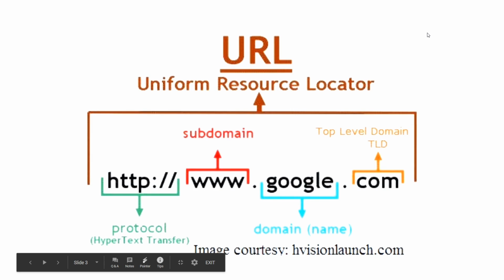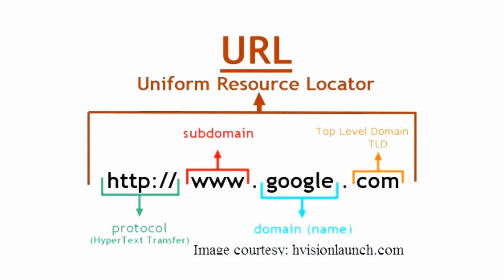So the next term that I used was URL. URL stands for Uniform Resource Locator. As you can see, there's an example given here, which is the address for the Google homepage. The address starts with HTTP and has www.google.com, and this is called a URL. A URL is simply the web address for a specific page or content, and each URL has these components. One is the protocol, in here the HTTP protocol, and a subdomain.